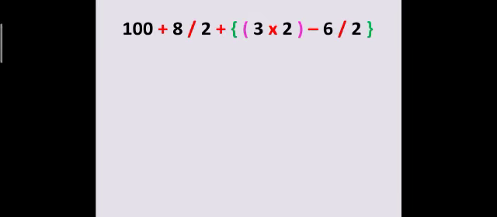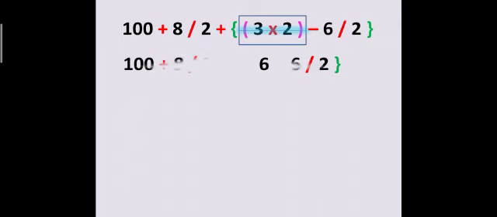The last sum of the exercise. Here we are able to see two kinds of brackets. The first step, we have to remove the innermost bracket. The innermost bracket is the round bracket. In the round bracket, the operation given is multiplication. 3 multiplied by 2, the answer is 6. In place of 3 into 2, you must write 6 and carry the remaining numbers. So now the round bracket has been removed.